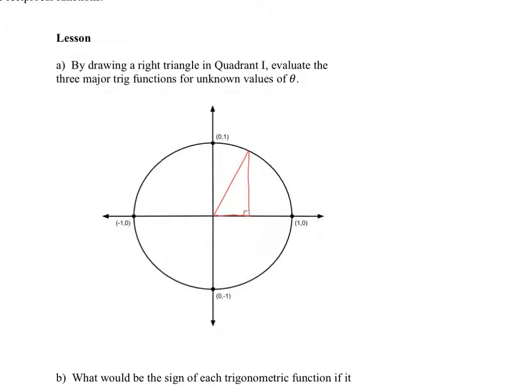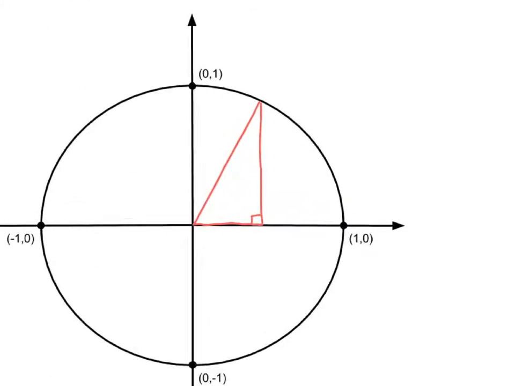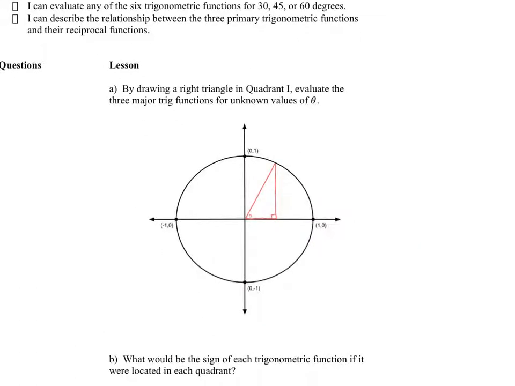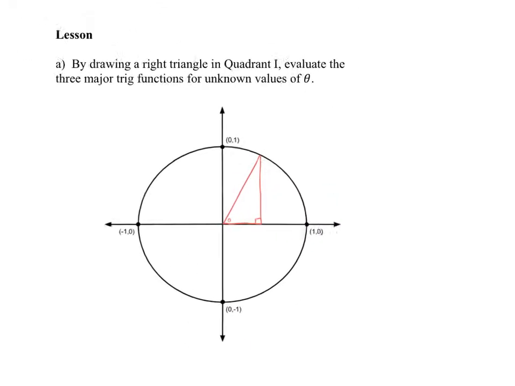All we know is that it's got a right angle here. So what it says to do is evaluate the three major trig functions for unknown values of theta. So like I said, we don't know what theta is. We don't know the measure of that angle there. So we're going to have to figure out what sine, cosine, and tangent are. So before we do that,